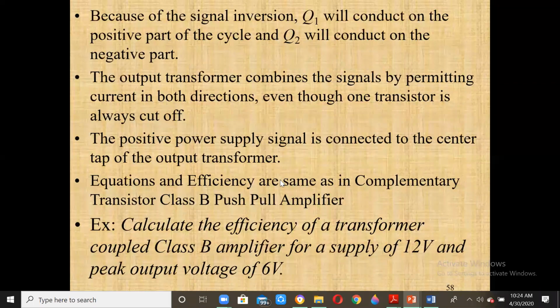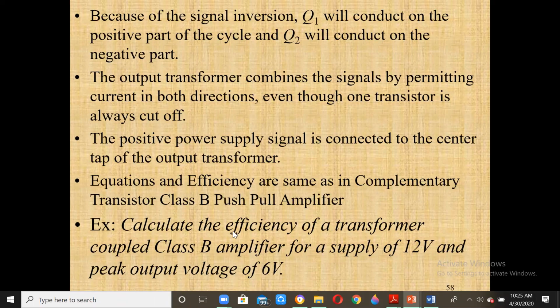The equations and efficiency calculations are the same as in the case of the complementary transistor class B push-pull amplifier. So we just write the same equations, no difference at all. To calculate this again, there is the problem given in the model question paper, right? So he's asking us to find the